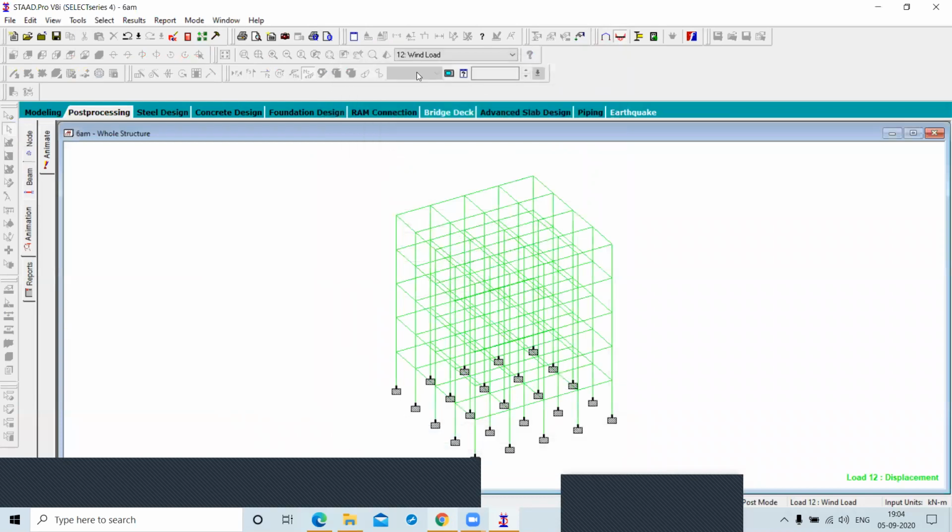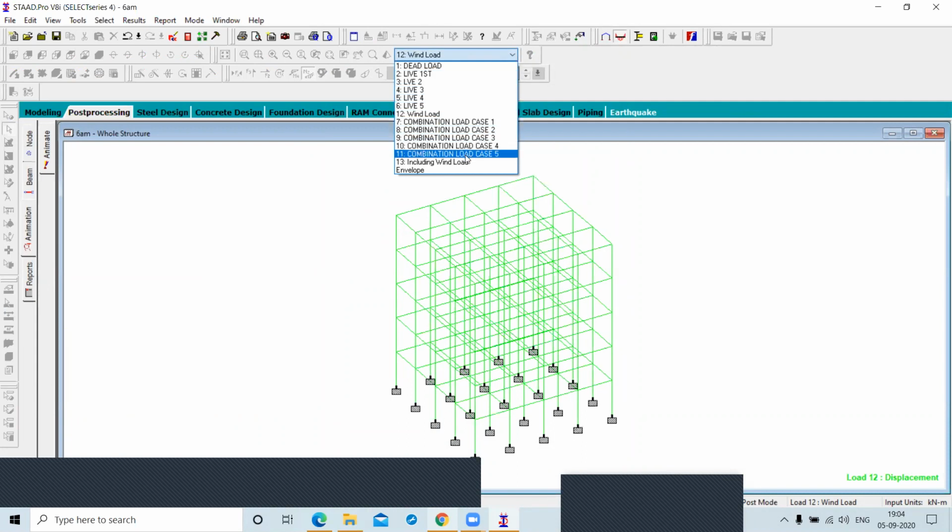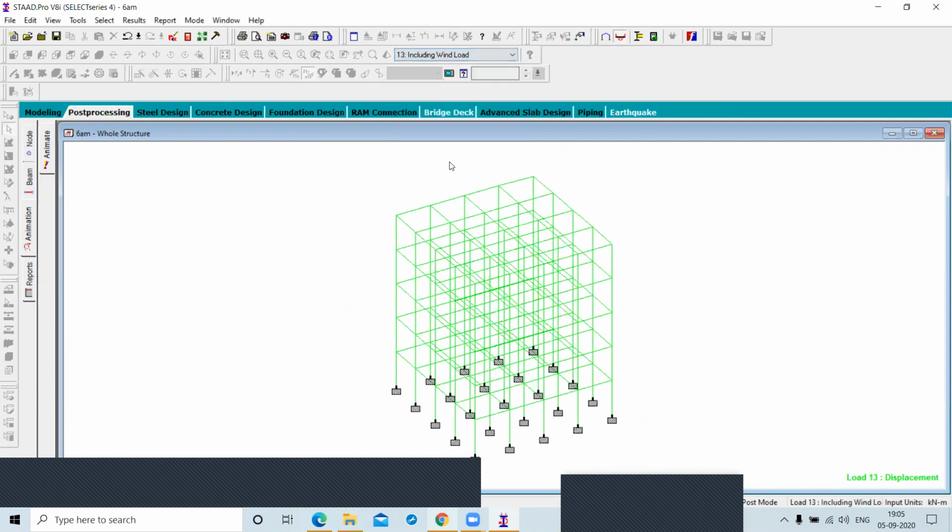So you can see if we consider only wind load, there is a little bit of animation in this corner. Yes, you are able to see it? If you consider the combination, including all loads, you can see the deflection occurring in my building here, on this column.